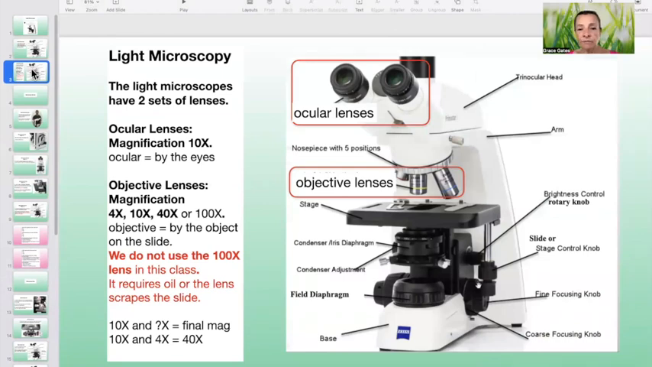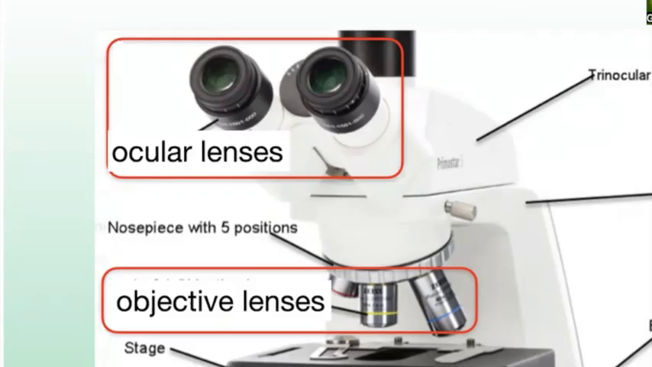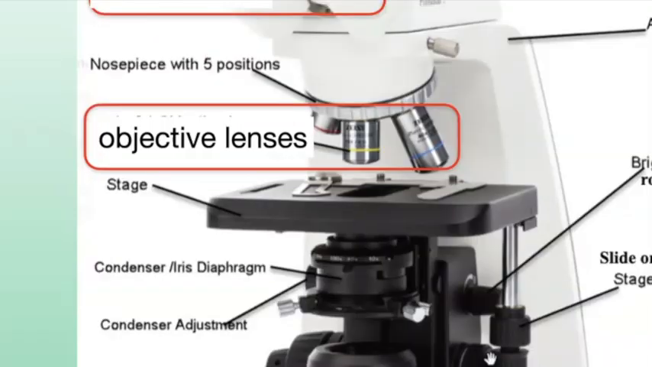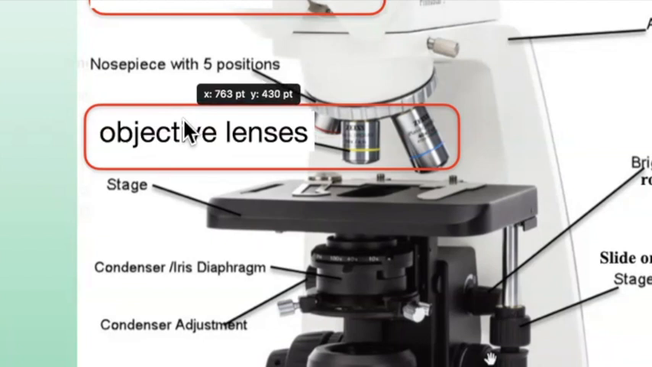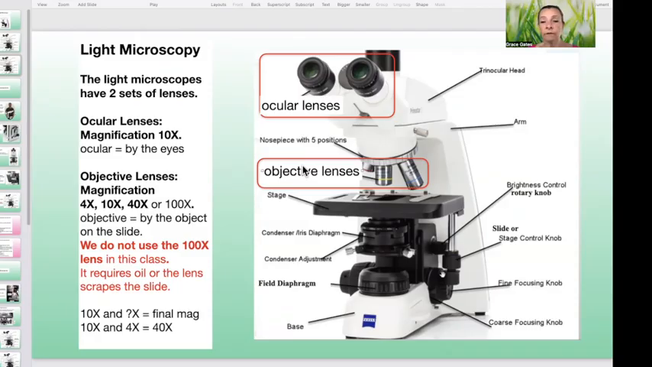A light microscope has two sets of lenses. There are ocular lenses by the eyes, that's why they're called ocular, and there are objective lenses by the object on the slide. That's why they're called objective lenses. The ocular lenses magnify things 10 times, always 10 times. The objective lenses, there are four of them, and they can magnify things 4 times, 10 times, 40 times, and